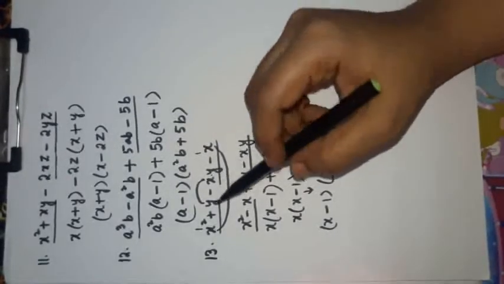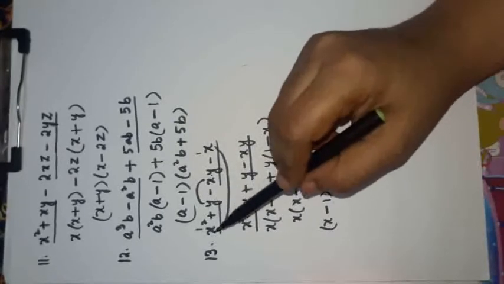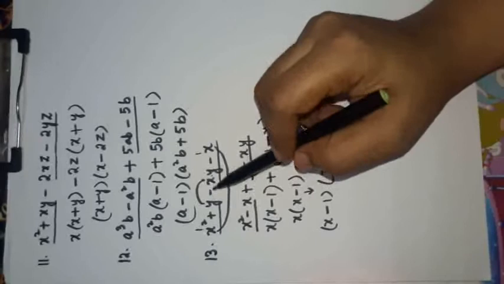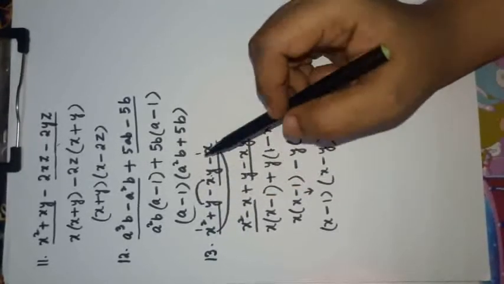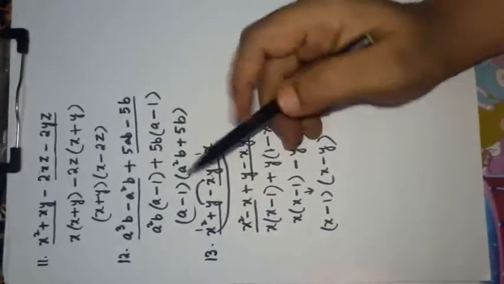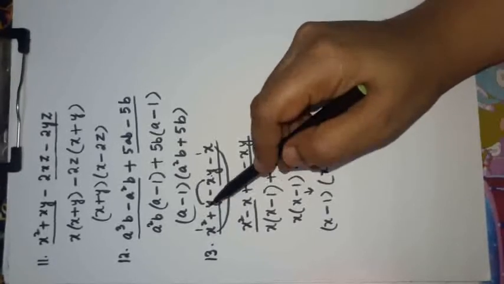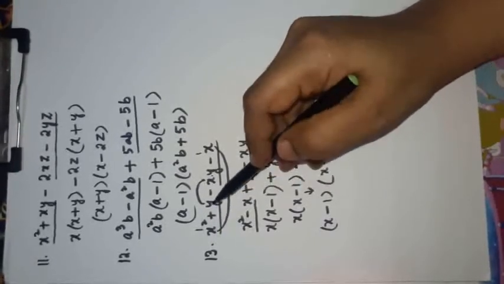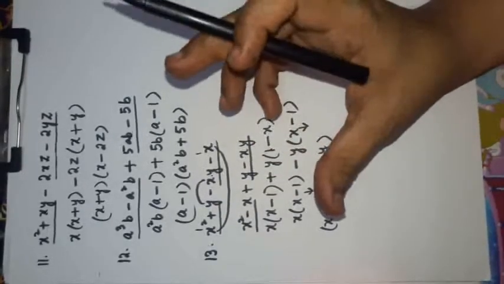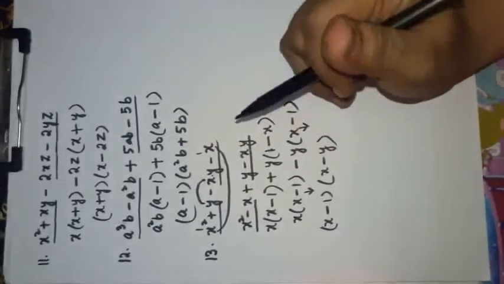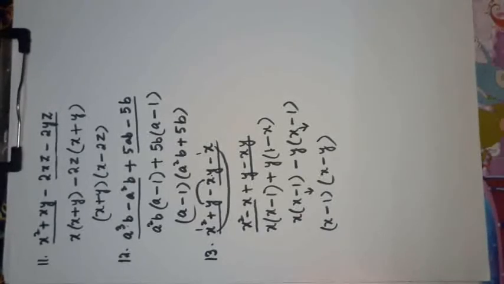Here you see, it's not compulsory in all the expressions that in an order only you have to group the terms. You have to check what you can take, what you can make a group, so that you can take something common from there. If you make a group of these two, what can you take common? Here x square is there, here y is there, both are totally different. Nothing you can take. So in such a way you have to group the terms so that you can take something common from there. Just do the problems, then you can understand easily.